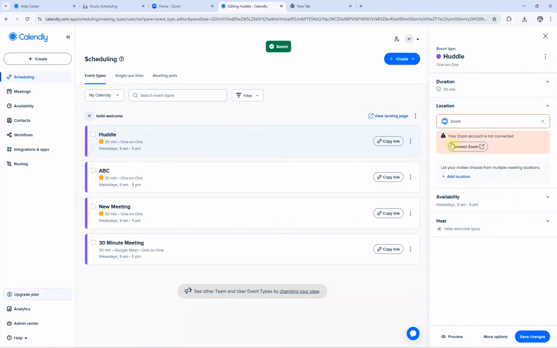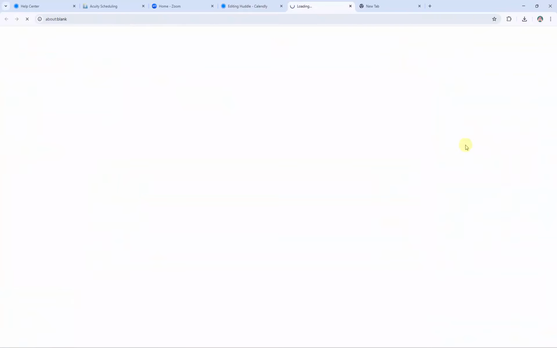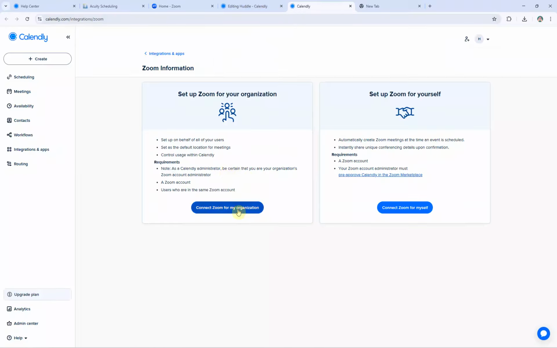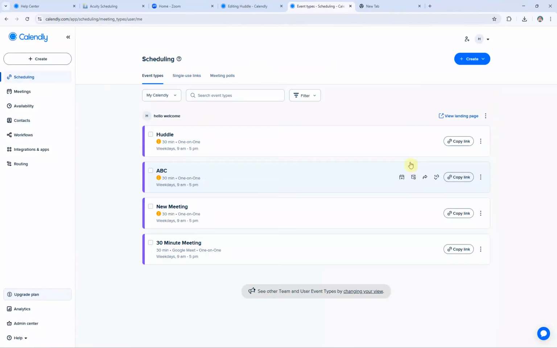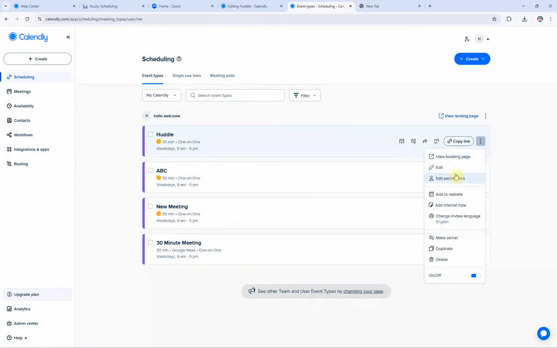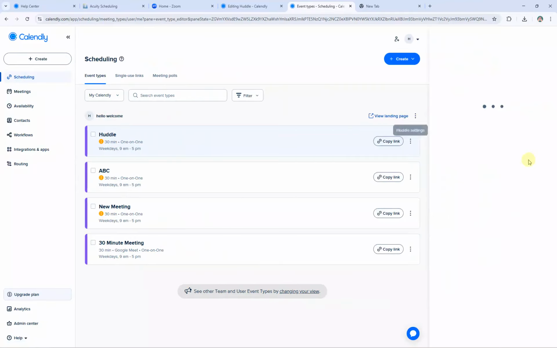Next, you need to assign Zoom to your event types. Go to your event types page, select the event you want to integrate, and click Edit. In the event details, navigate to the location section. You'll see a drop-down menu. Click on it and select Zoom. This will ensure that whenever someone schedules this event with you, a Zoom meeting link is automatically generated and included